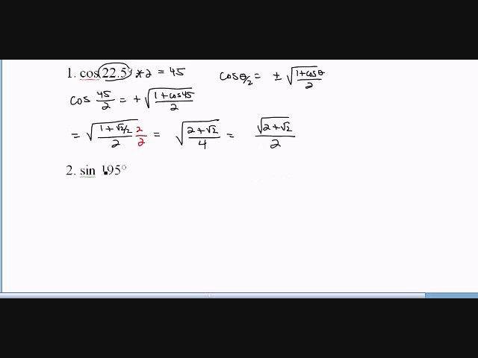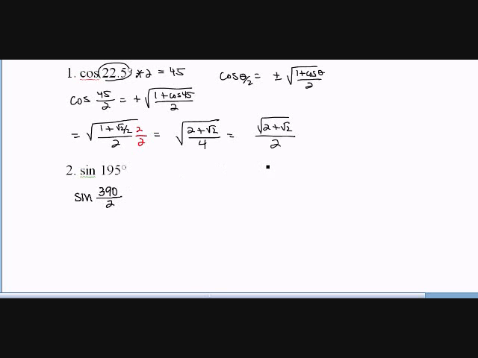So we have sine of 195. I'm going to double 195, which I just did on the side, is 390 divided by 2. So I've now turned a traditional angle into a half angle. Let's assume the directions here said you had to use a half angle. This might be the sum or difference of two unit circle angles, but I'm going to use a half angle